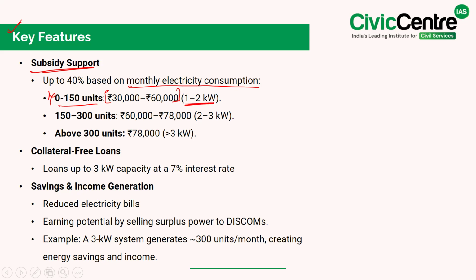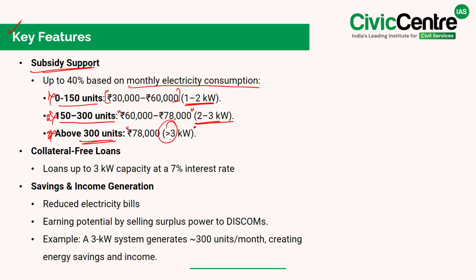And for those using 150 to 300 units per month, the subsidy increases to 60,000 to 70,000 for 2 to 3 kilowatts of systems. And further, for households consuming more than 300 units per month, a subsidy of 78,000 is provided for solar panel installations exceeding 3 kilowatt